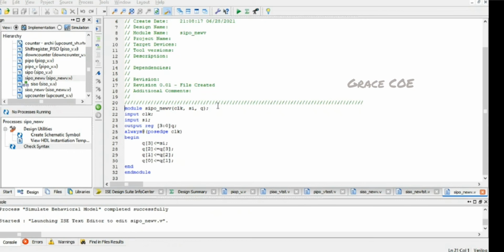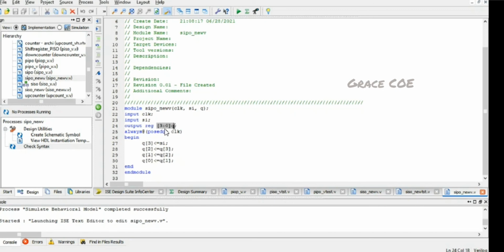Now we can see how we can write a Verilog code to simulate the serial in parallel out shift register. So this is the code.